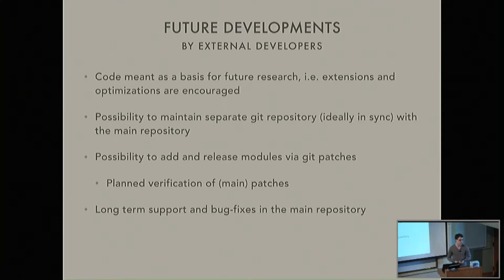ideally via Git patches, and if they let us know, we can also try to check these patches, also if there are multiple of them, that they're not mutually exclusive, which would be quite important for the future. But all in all, this is supposed to stay a reasonably cleaned up code that everyone can use, and we plan to have this really as a long-term support version, but essentially just bug fixes through the code and no new developments in this version itself. And all this is going to be released soon, once I'm not talking about it, but actually doing something. Thank you.